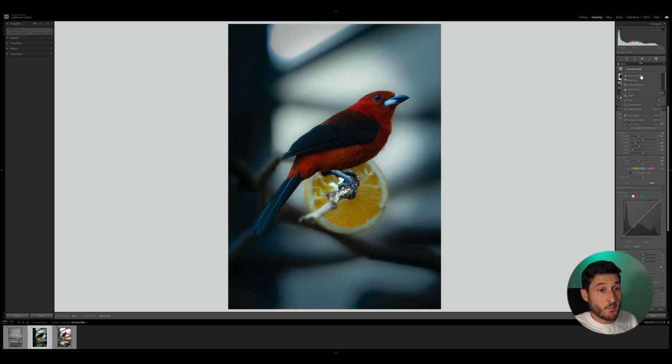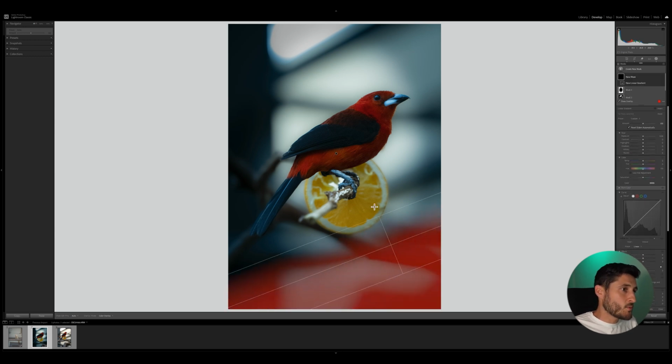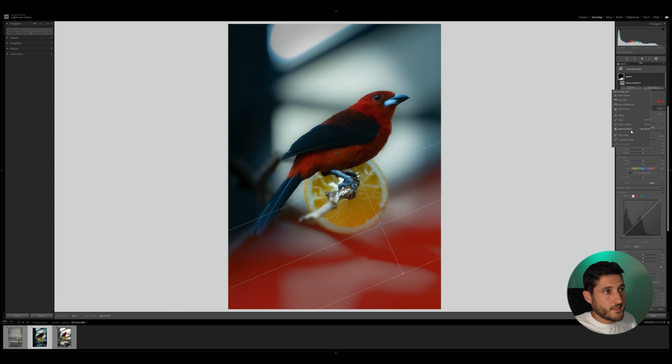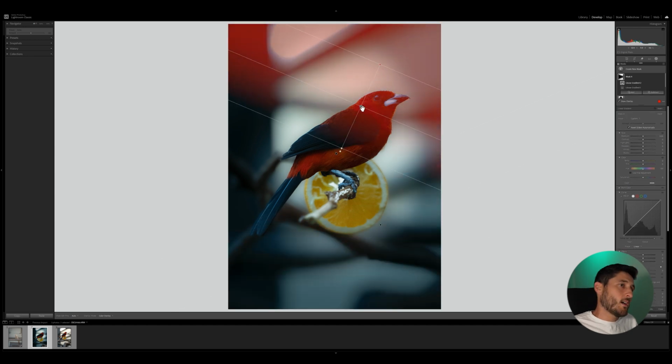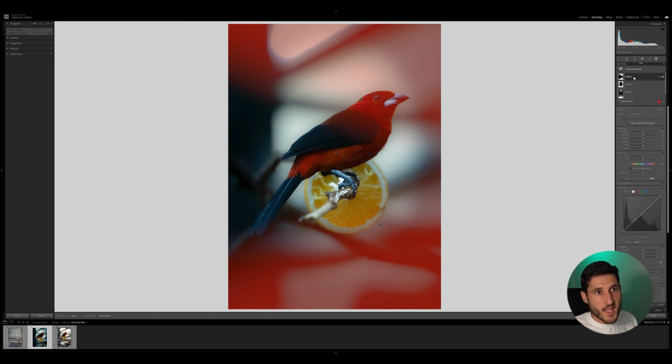Another mask, I'm going to use a linear gradient from the bottom, similar to what I explained before. We can smoothen it out as much as we like, add yet another linear gradient to this selection, and I will create a linear gradient coming from the top right corner, which overlaps onto my subject as well. But I'm going to subtract, so select this mask and subtract my subject once again in order not to affect